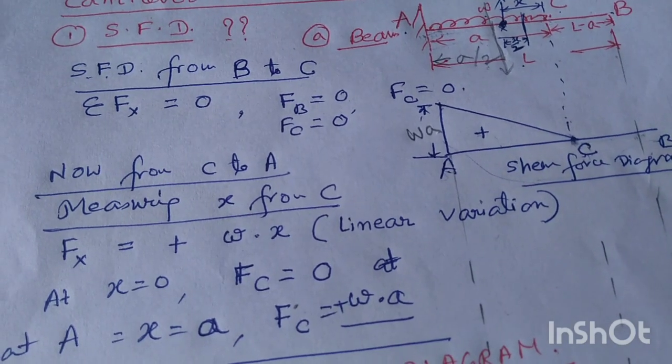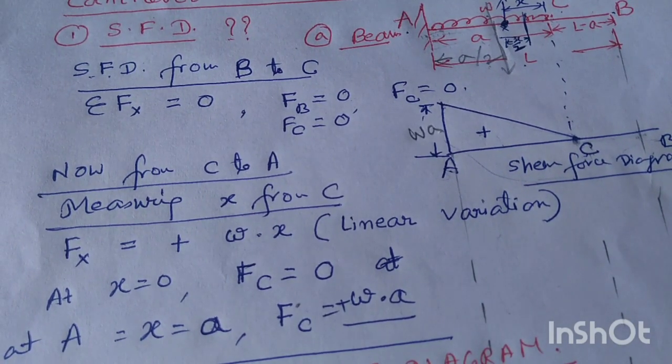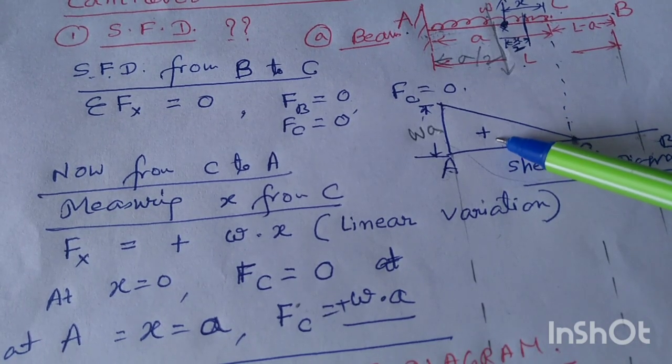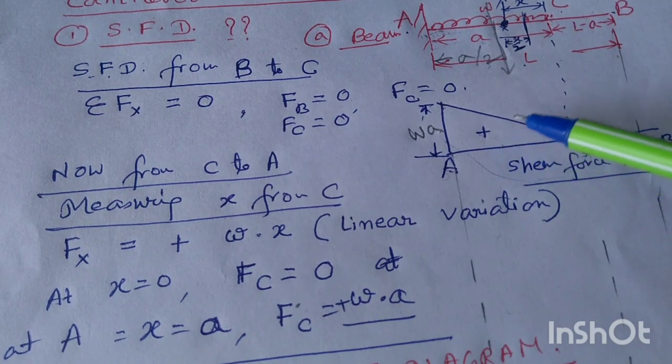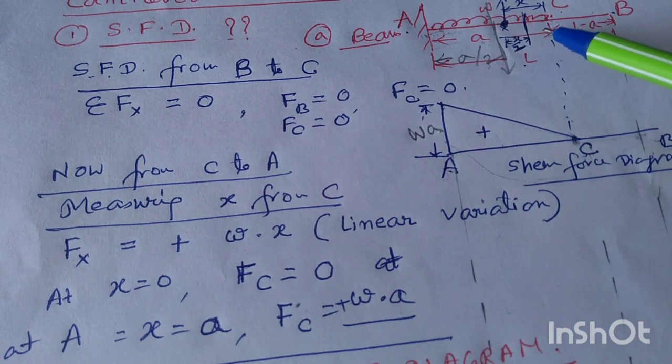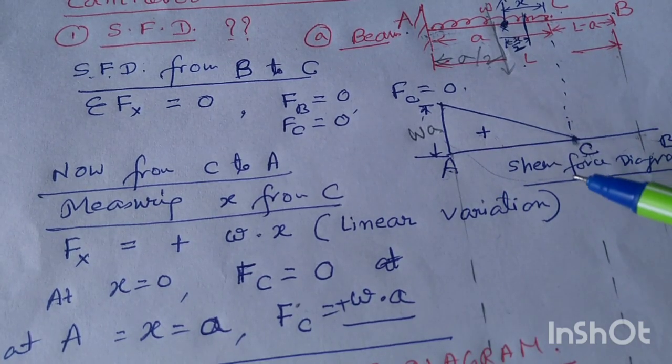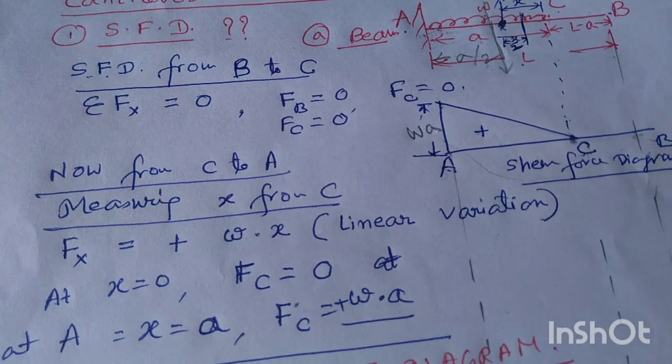Shear force for cantilever beam is always positive. Assuming that you take any section and the right side, due to load coming from top to bottom and the section is splitting and coming down on the right side, so you take the shear force positive. Shear force diagram should be drawn and marked here as shear force diagram.